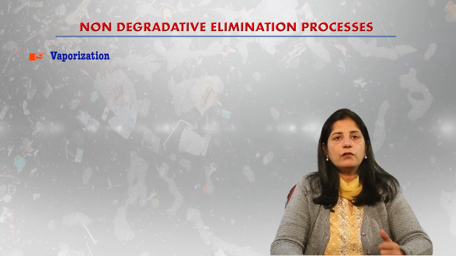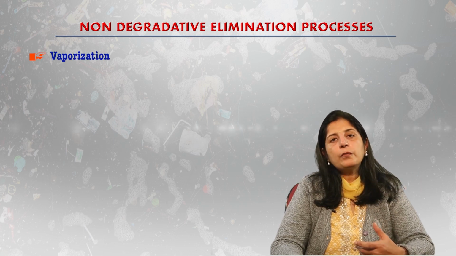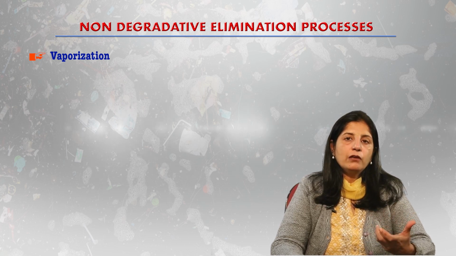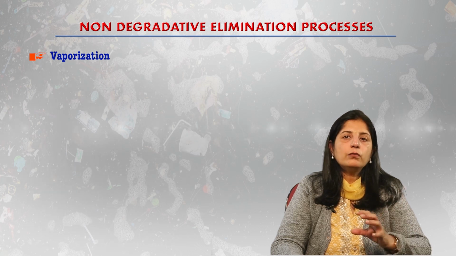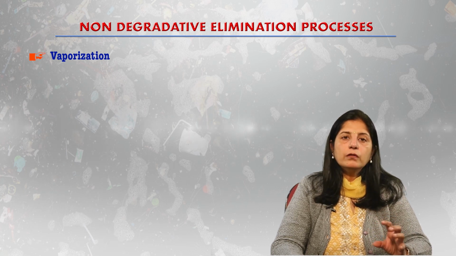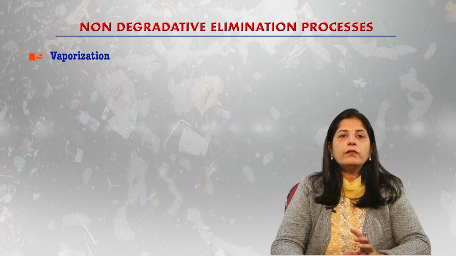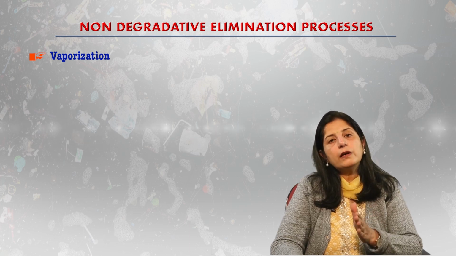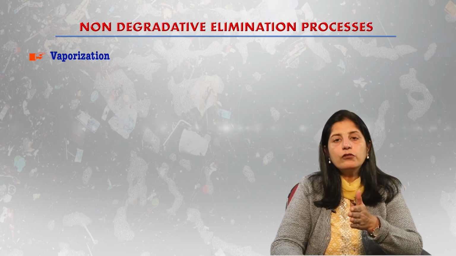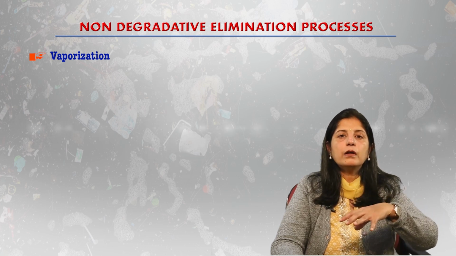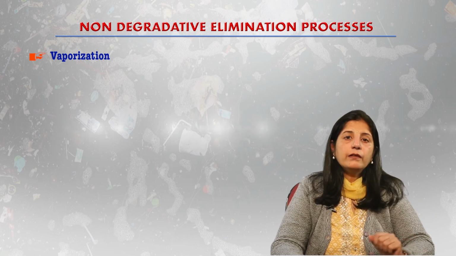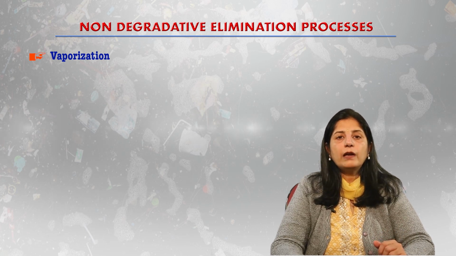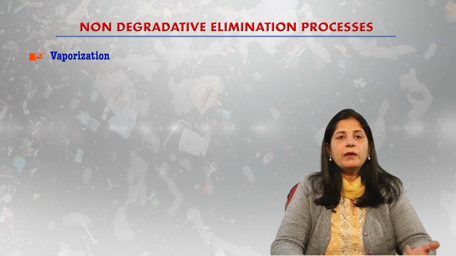Say, for example, vaporization. If the vapor pressure of a pollutant is very high, what will happen? It will evaporate from soil or water, stick to dust particles in the air, and be taken to new territories, resulting in distribution. So, the chemical is still there, but it has been redistributed, resulting in dilution of its concentration in that particular area. This phenomenon has resulted in worldwide distribution of relatively volatile organochlorine pesticides such as